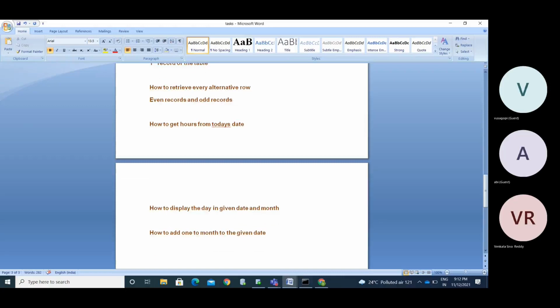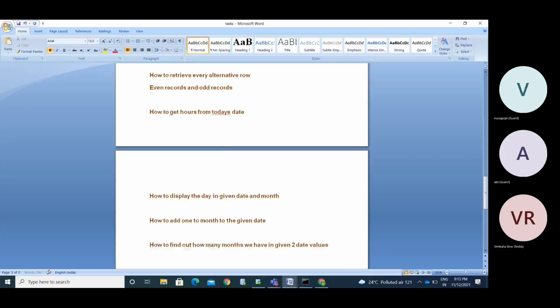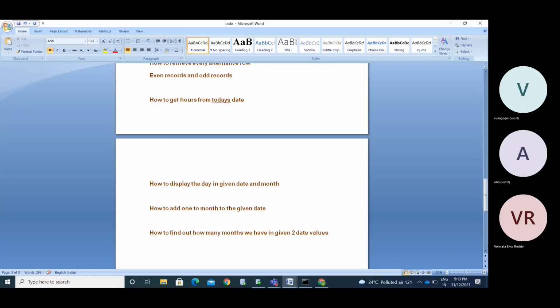How to find out how many months we have between two date values. Find out how many months we have in the given dates.